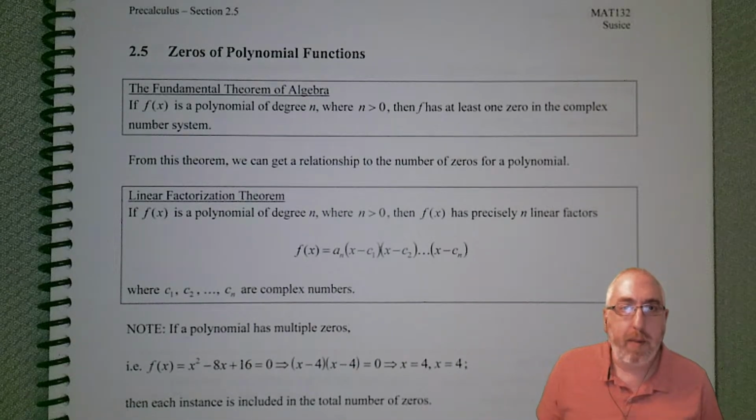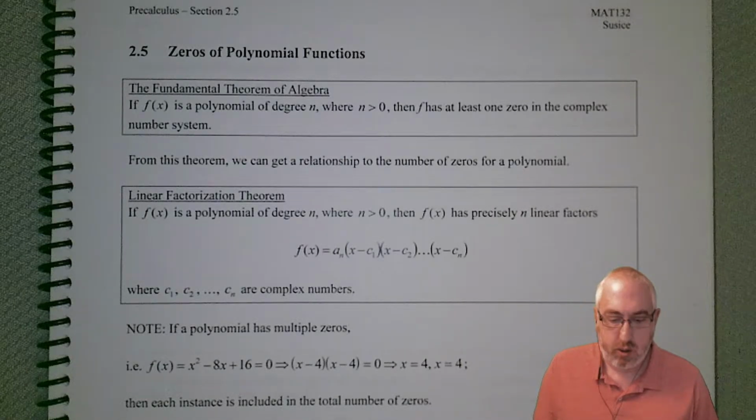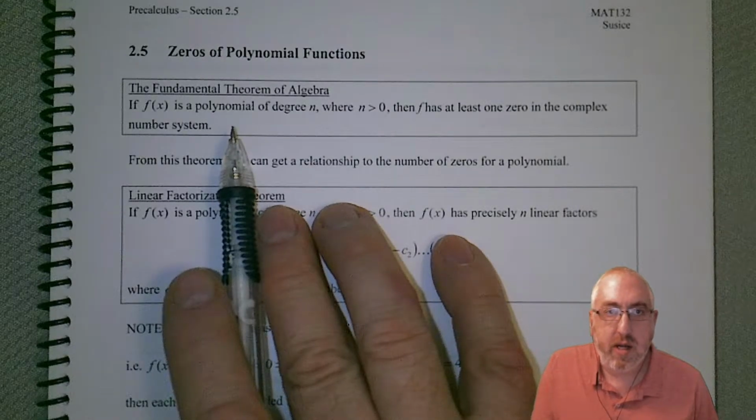All right, welcome back. We are now in section 2.5, which is zeros of polynomial functions. So to get things started, let's look at the fundamental theorem of algebra, which states that if f of x